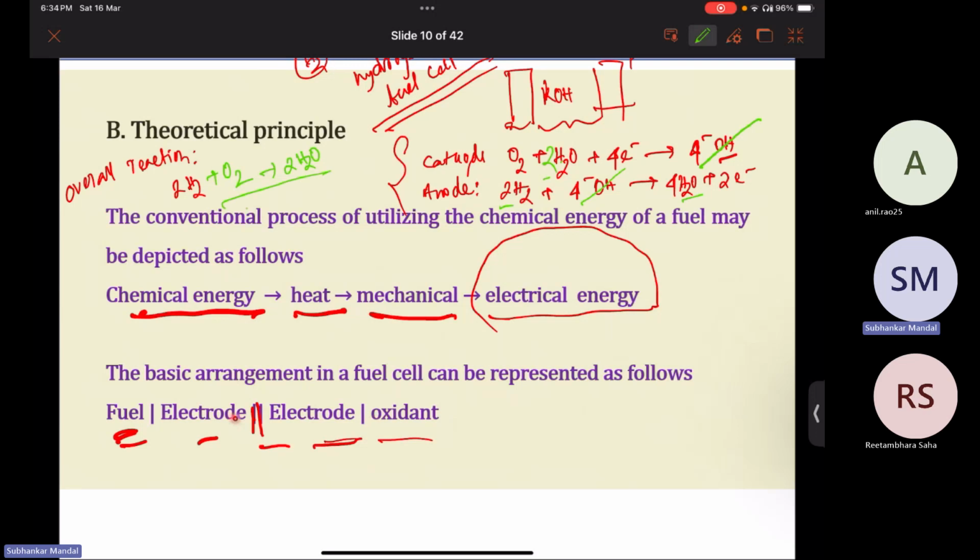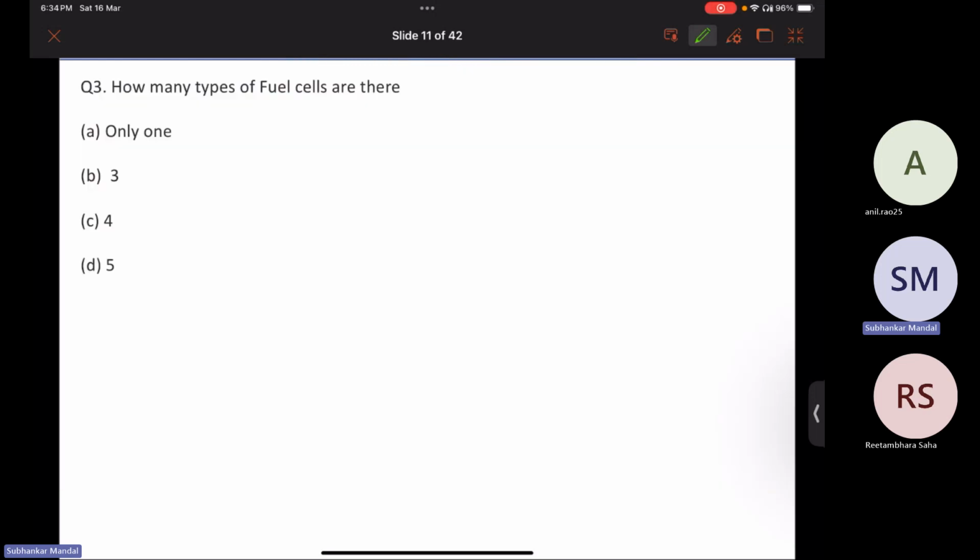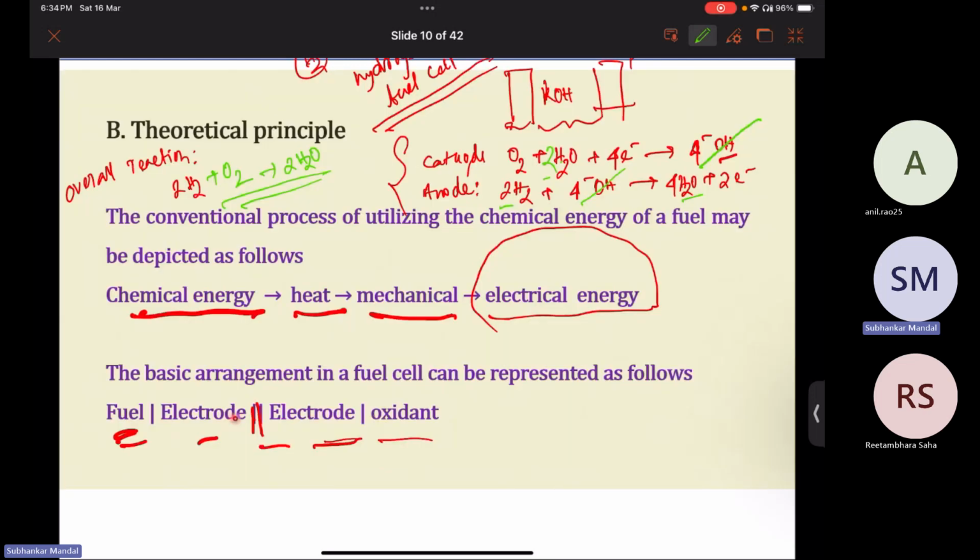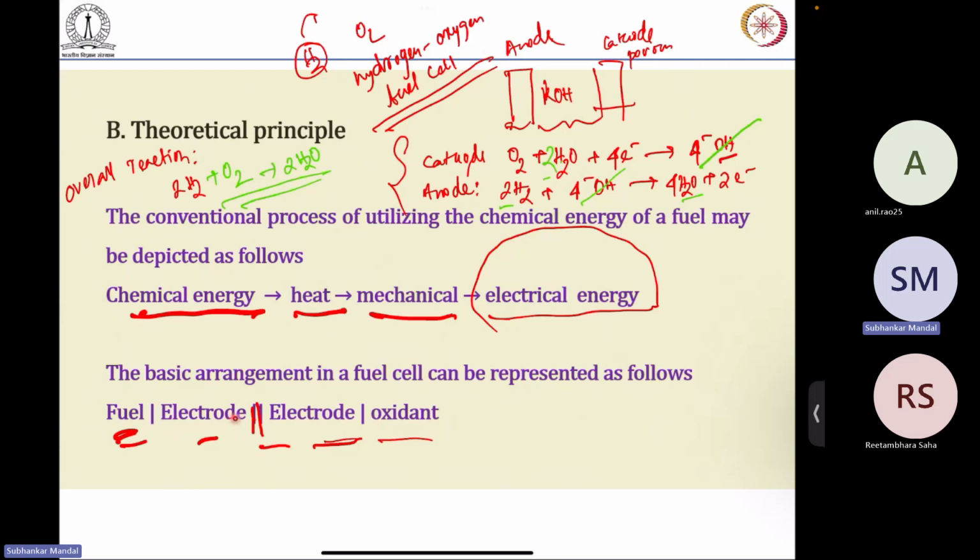So this is basically not water splitting, because hydrogen and oxygen are recombined in an electrochemical process, forming the water molecule. So this is quite a classic example of a hydrogen-oxygen fuel cell. So now,